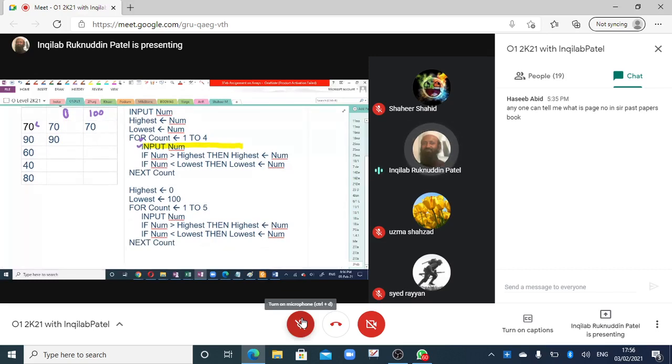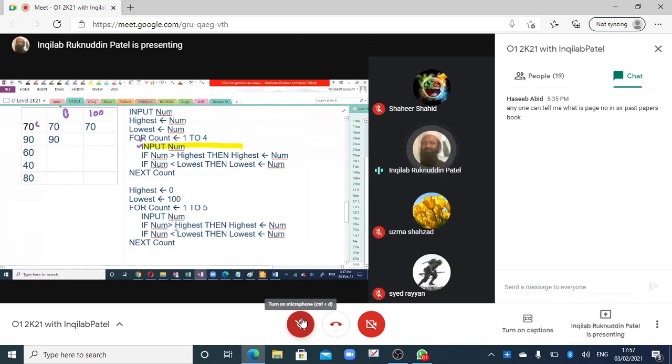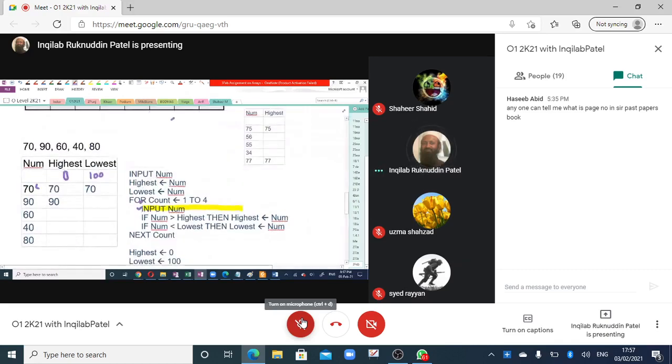There is another question in which you are asked to find errors in your algorithm. The most common error is the operator error. Sometimes they write it this way: lesser than lowest, highest. It must be greater than highest. How to recognize the symbol, whether it is for highest or lowest? There is confusion among students about whether this is lowest or highest. There is a simple way to recognize it. Whenever you are asked to write down lowest, you will write down